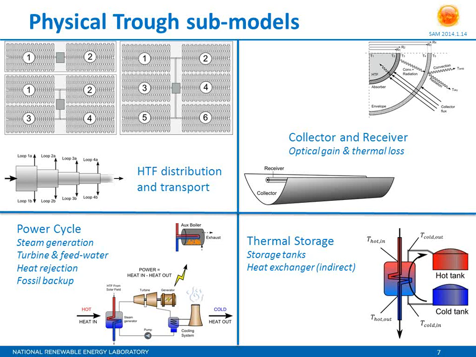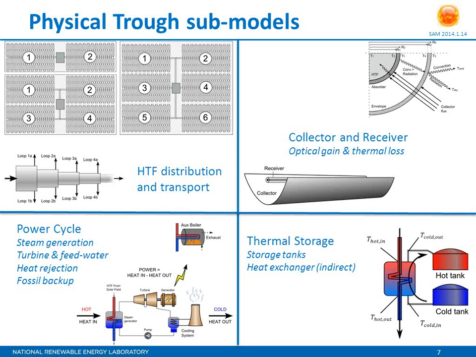That includes the steam generation system, the turbine and feed water heating systems, and heat rejection, which has separate models for air-cooled, wet-cooled, and hybrid-cooled heat rejection. And then, like I said, there's a possibility of fossil backup to provide auxiliary heat during non-operational periods or for backup purposes. Finally, we've got a thermal storage system, and the thermal storage can be either direct thermal storage, where